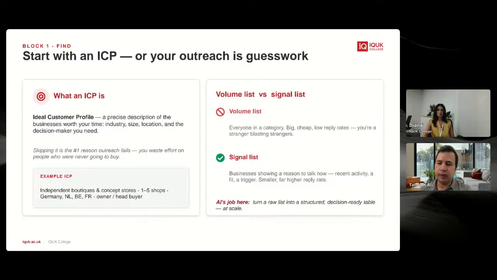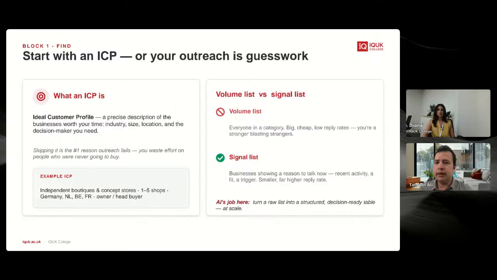Some examples: you want to look for retail businesses, let's say gift shops, independent stores selling gifts, and you want to look only in the Essex area, and you want to reach out to their owners, because they are independent, small shops. In most cases, the ones who will purchase are the owners, not the managers. So you define your ideal customer profile this way. Another example, let's say you have a brand and you are selling women's handbags.